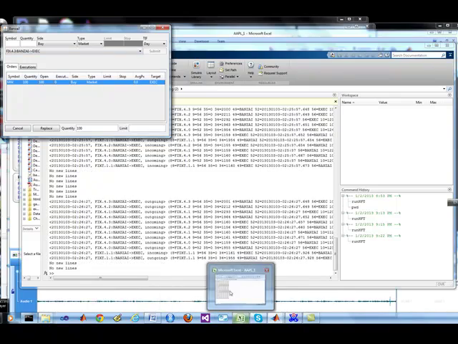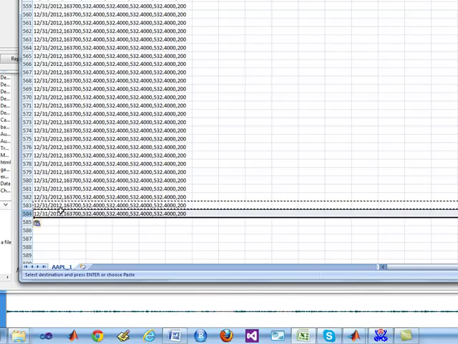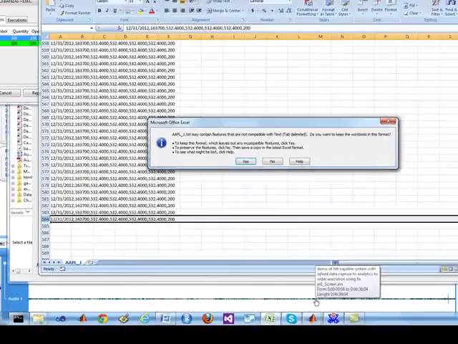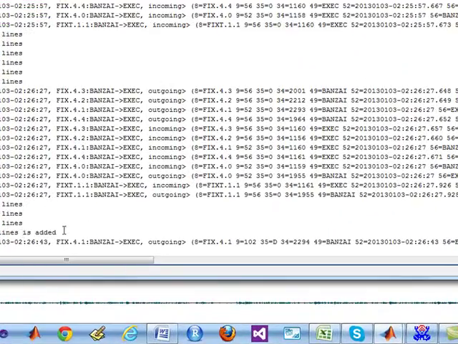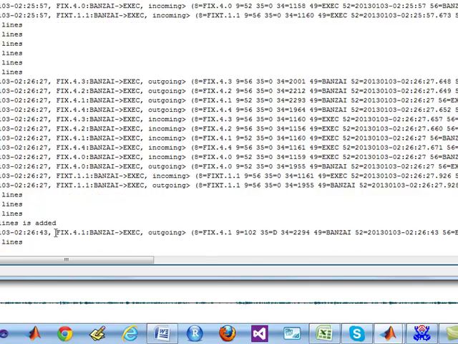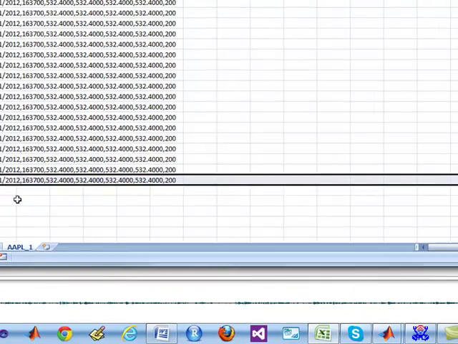So again, let me just make another change to the file, or just add another historical bar to it, save it, and you should see a line has been added, and it should kick off the order as it's always done.